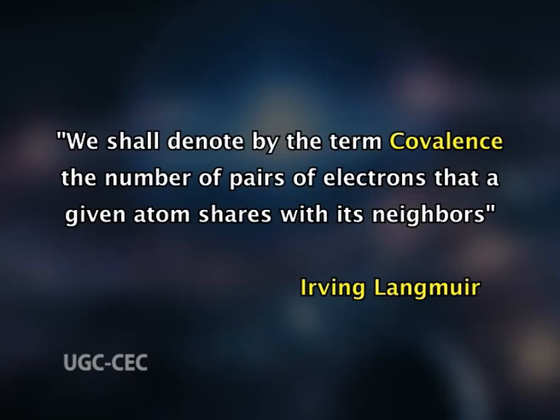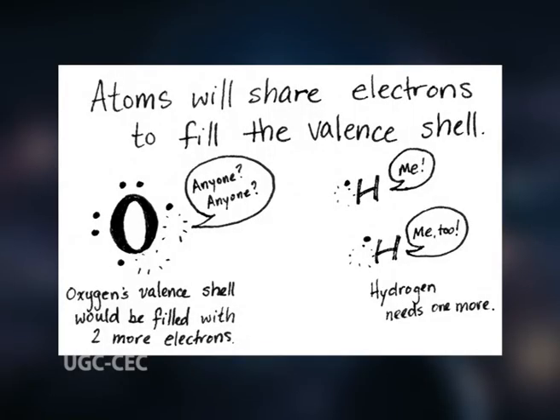shares with its neighbors. Now that we have looked at the structure of atoms, we can move up the hierarchy of organization and see how atoms combine to form molecules and ionic compounds. Atoms with incomplete valence shells can interact with certain other atoms in such a way that each partner completes its valence shell. The atoms either share or transfer valence electrons. These interactions usually result in atoms staying close together, held by attractions called chemical bonds. The strongest kinds of chemical bonds are covalent and ionic bonds.